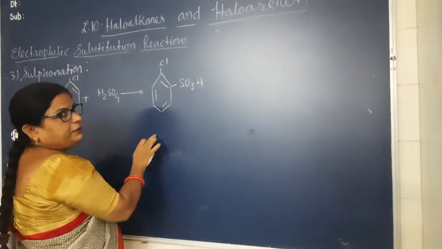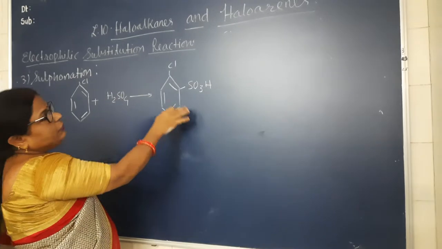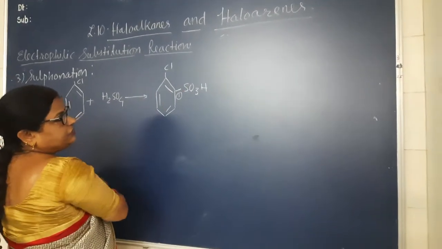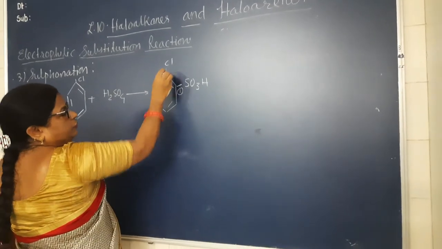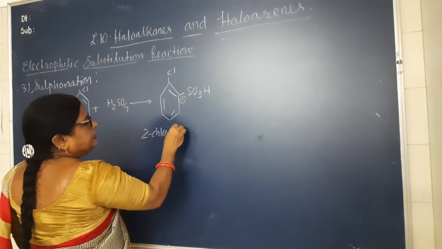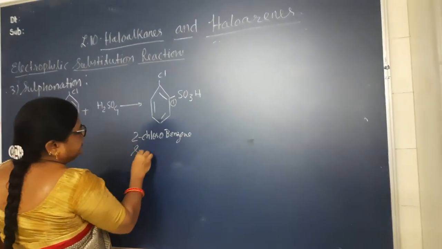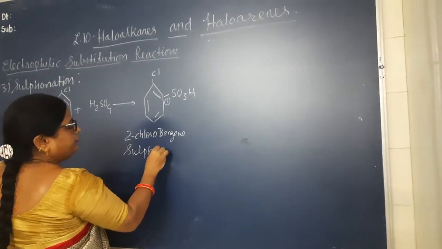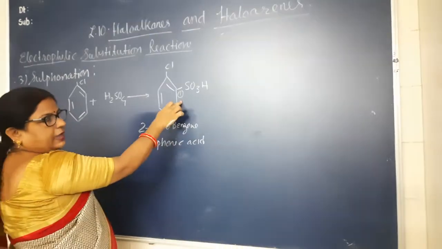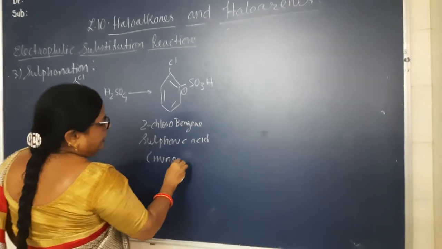What is the name of the compound? Benzene sulfonic acid. Correct? So this is benzene sulfonic acid. Now this will take position 1, so this is carbon number 2. 2-chlorobenzene sulfonic acid. Understood, children? The acidic group will be at carbon number 1. This will again be the minor product and plus